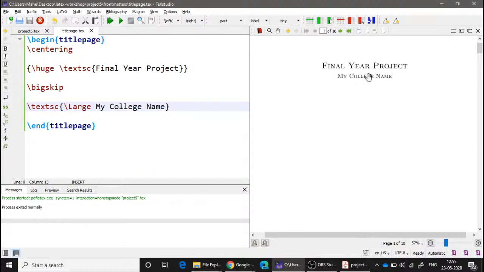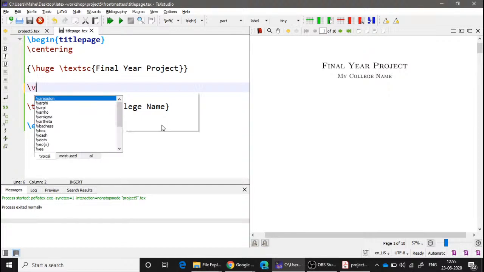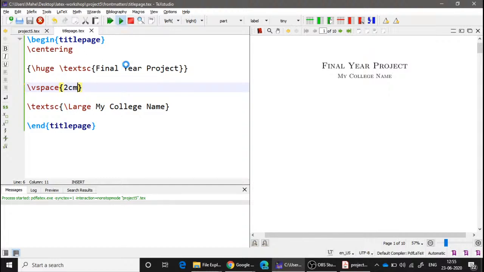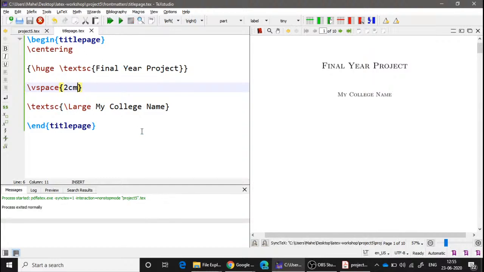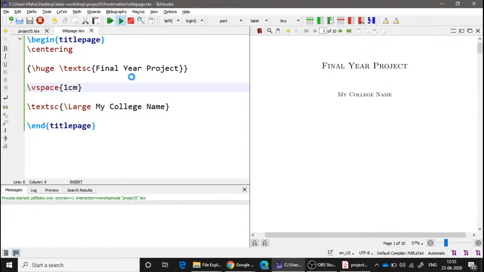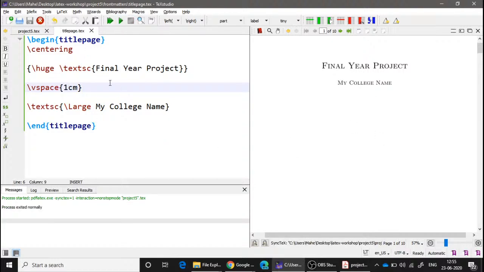But if I feel that actually there is more space I need, then you can use something called vspace, vertical space, and you can give the length. Let's say I want to keep some 2 centimeter gap between the final year project and my college name, and I can give that. There is no harm. So that pushes things down, so that the final year project and my college name stand out, right? Maybe I would be happy with just a 1 centimeter gap,